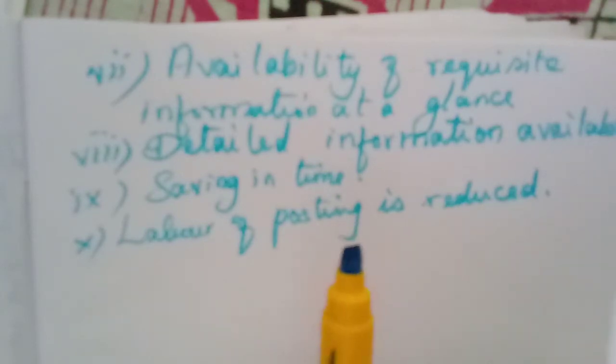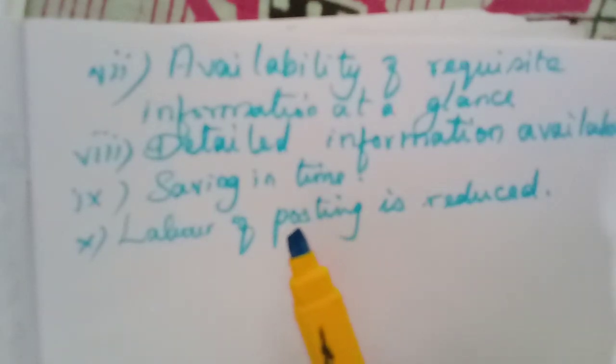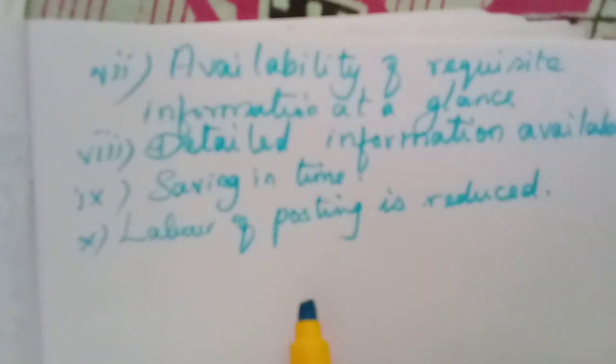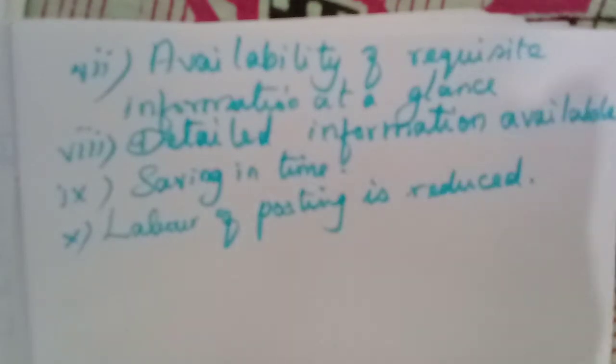But in the subsidiary books, what we do? We enter all the purchases details in the purchases book, isn't it? Then in the purchases account, we post only one time, totally. But we will enter in the particular supplier's account separately. In particular, we will post, but in general, totally, we will post in the purchases book. Okay, so the labor of posting is reduced here.